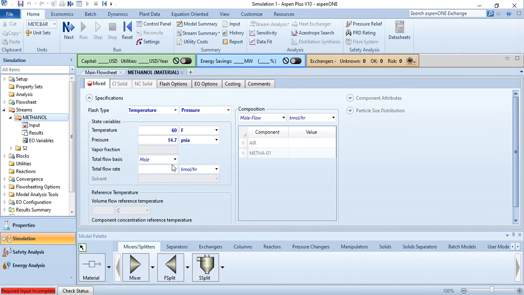ब्लॉक की तो बात अलग है, ब्लॉक क्या है, मिक्सर, स्प्लिटर, रिएक्टर, कूलर, हीट एक्सचेंजर, वो ब्लॉक है। लेकिन जो स्ट्रीम है वो ये है जो आपने भी एंटर किया, जो कि अभी मटेरियल स्ट्रीम है। अभी अब मटेरियल स्ट्रीम की बात करें, एनर्जी स्ट्रीम की बात नहीं कर रहे। एंड देन इन टोटल फ्लो बेसिस सिलेक्ट मोर,